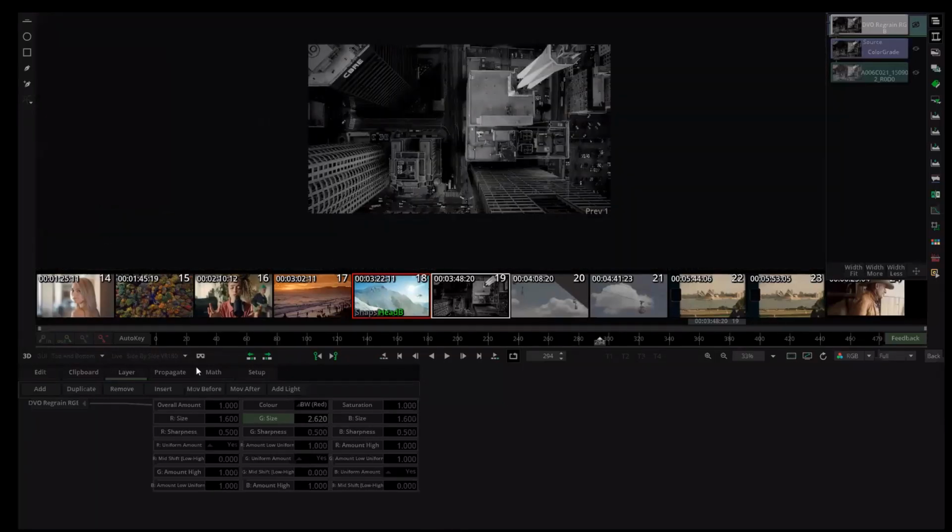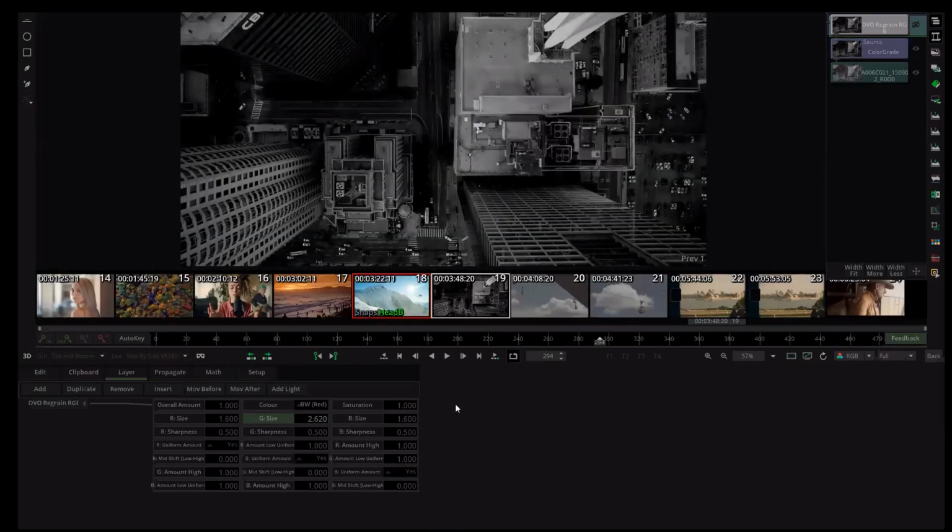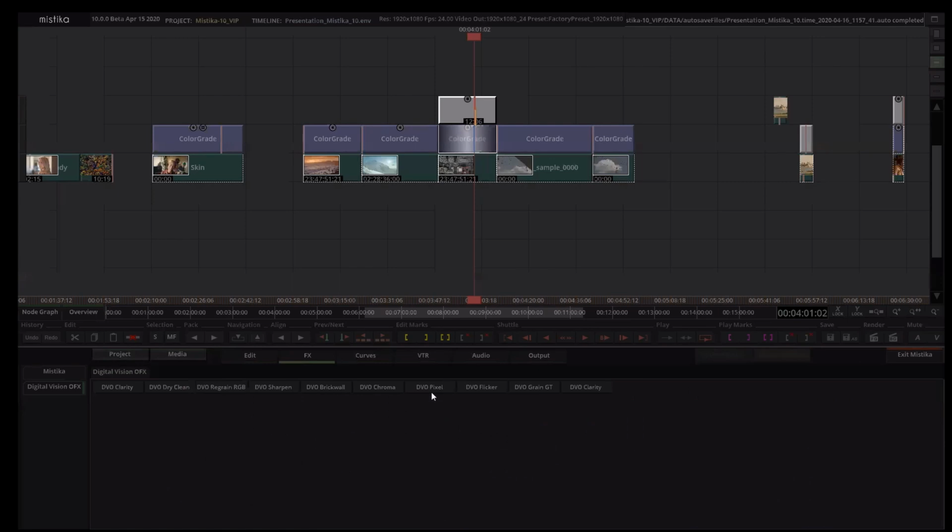Now, there is another great option here. There's the DVO pixel to remove, for example, dead pixels. So we have a full tool set to improve the quality of our image. Now, this is integrated with Mistika Boutique and Mistika Ultima, but I was thinking about this yesterday, and just imagine